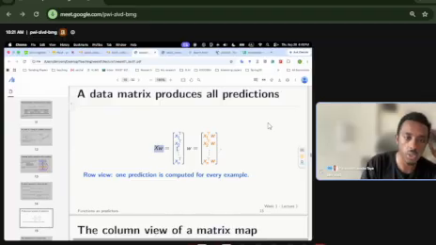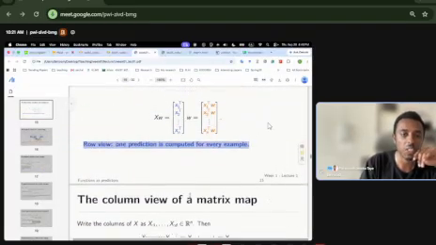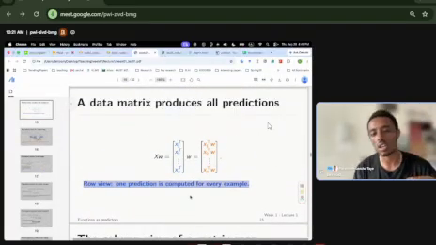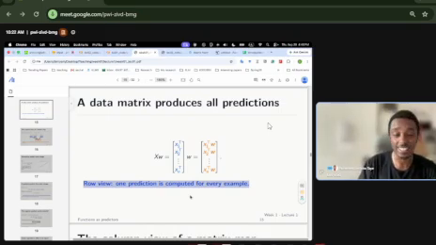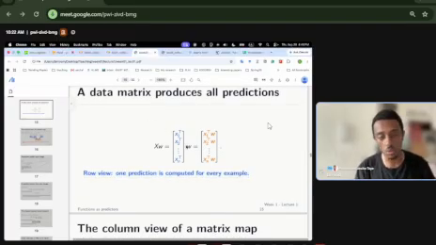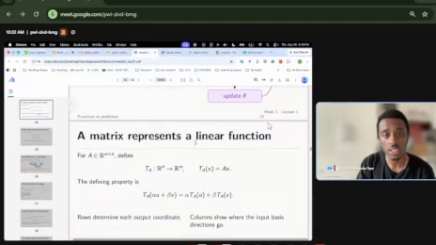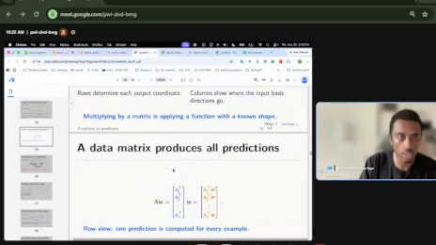There are different ways to understand this: there's the row view and the column view, which depends on the exact application we're looking at. I'll explain each in detail when we apply it, but let me give you the general view. So when we multiply matrices,